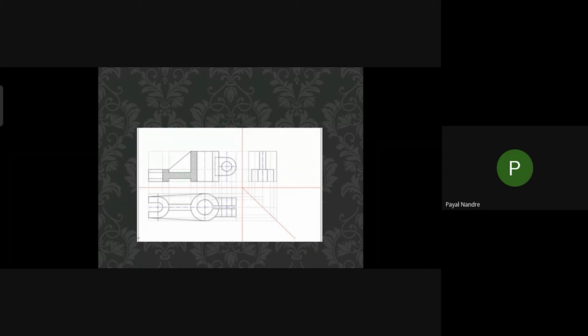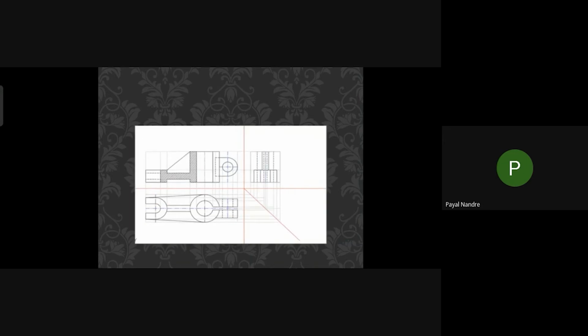From the front view, take projections of the small 15 mm circle and mark them in the top view by the hidden lines. For the side view, take a projection from the front view and top view and draw the 45 by 50 mm rectangular part. Using the portion, draw the small rectangular part and join the 10 mm rib in the middle. Draw the hidden lines of the inner circle and join the remaining hidden part.